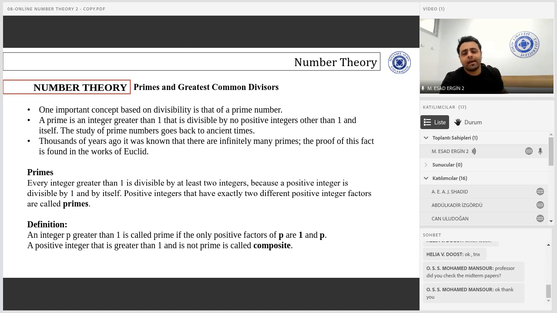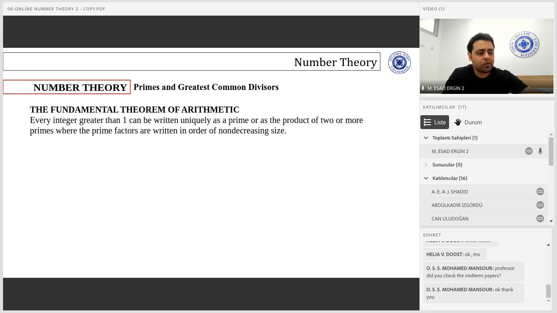And thousands of years ago, it was known that there are infinitely many prime numbers. The proof of this fact is found in the works of Euclid. As we have said, the only positive factors of a prime number are 1 and itself, that's it. So the fundamental theorem of arithmetic says that every integer greater than 1 can be written uniquely as a prime or as a product of two or more primes, where the prime factors are written in order of non-decreasing size. For example,